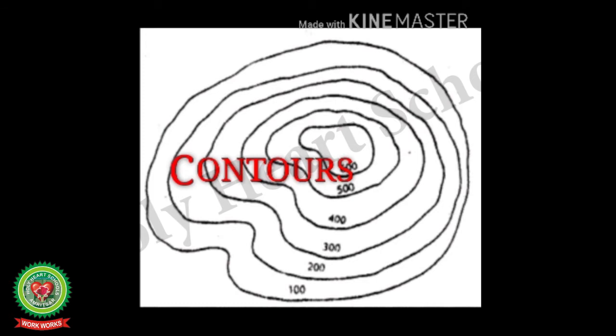The topographical maps are a composition of the visible landscape comprising physical relief, drainage, vegetation, and man-made settlements, triangulated heights, roads, and canals. The three-dimensional physical features are represented by means of contours and human features are shown by means of conventional signs and colors of topographical sheets. So contours are imaginary lines joining places having the same elevation above mean sea level.